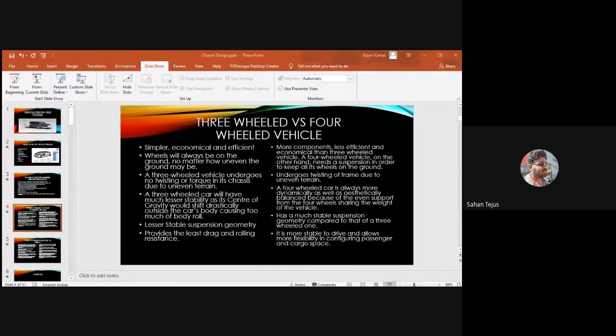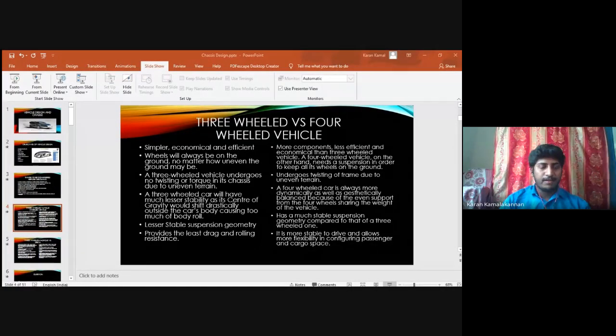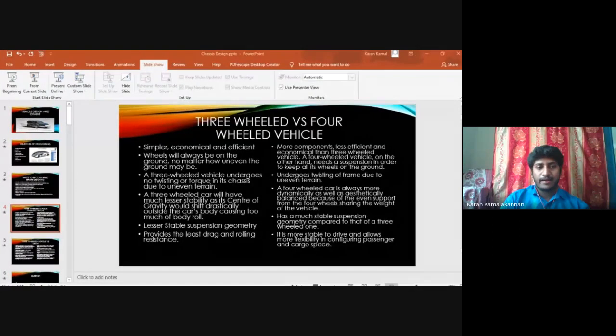Delta design is like: the left side will have the tadpole, and the right side we have the delta. So on the left side, we can start with the tadpole design, which has two wheels in front and one in the rear, like an inverted triangle. Compared to that, the delta has a triangle shape, with one in front and two in the rear.